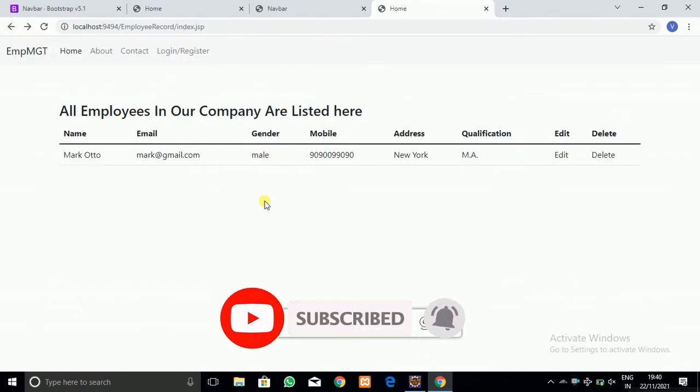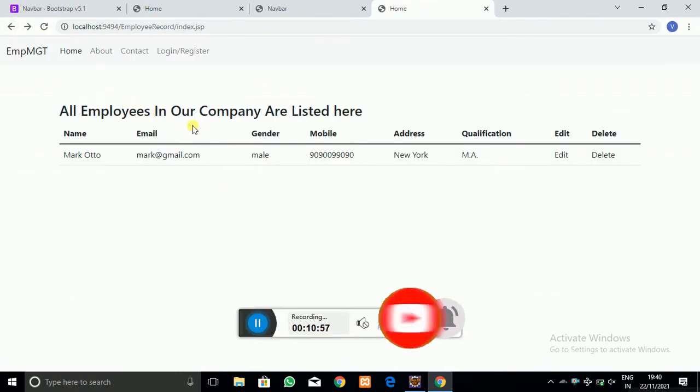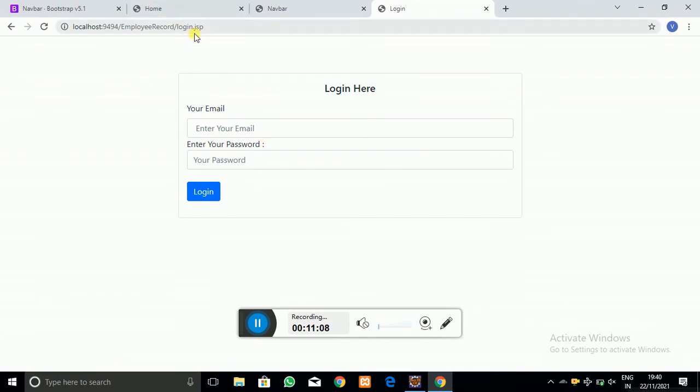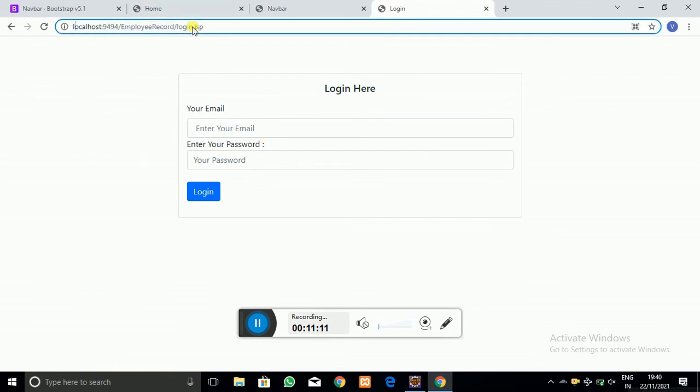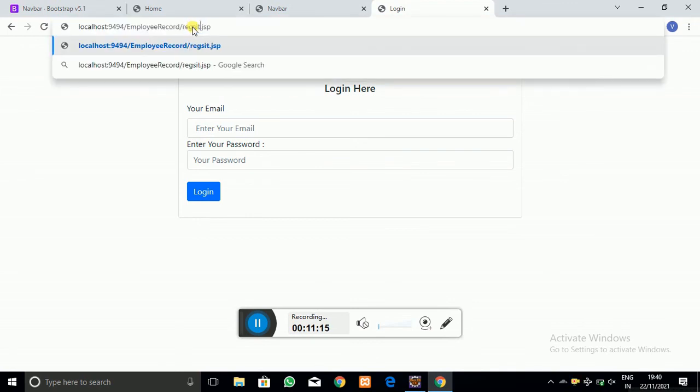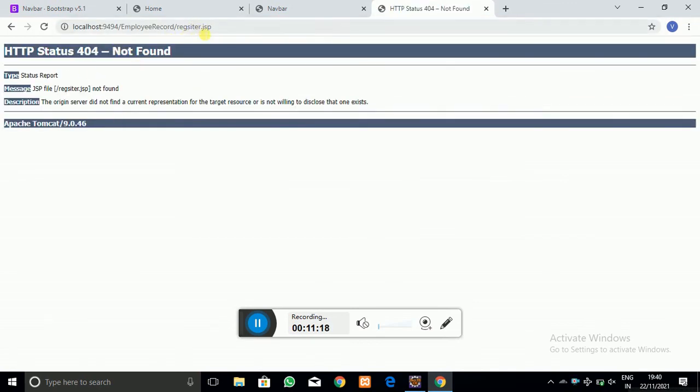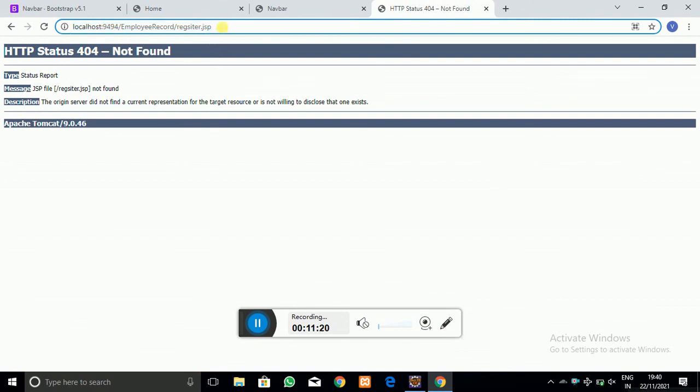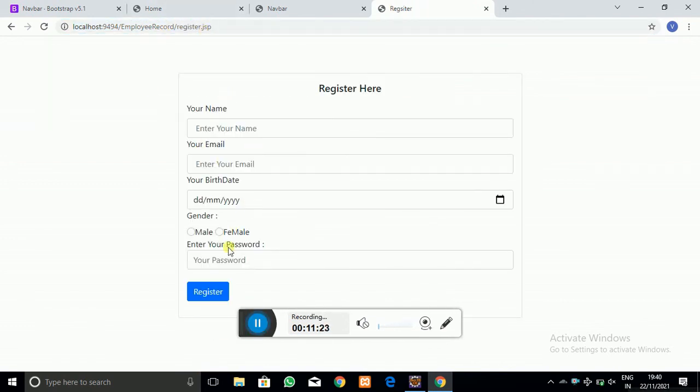In this way I have created the complete index page, or the design of our index page. As you can see, this was the dummy data that I have added. The login page is there, and the registration page is also there. In the next video I am going to give dynamicness to our registration as well as login page. We are going to give the dynamicness, that is, I am going to save this data to the database.